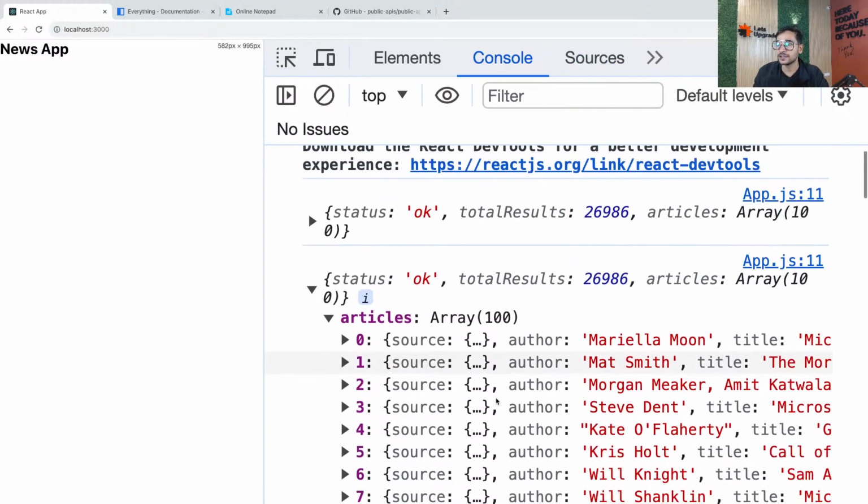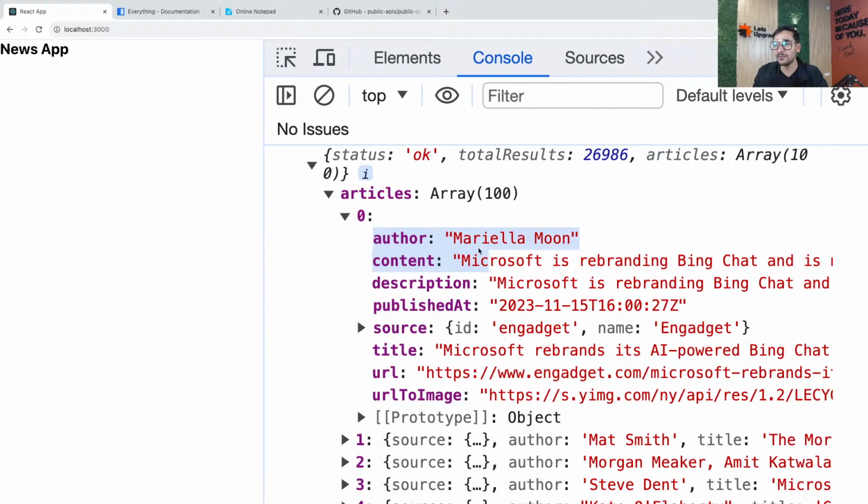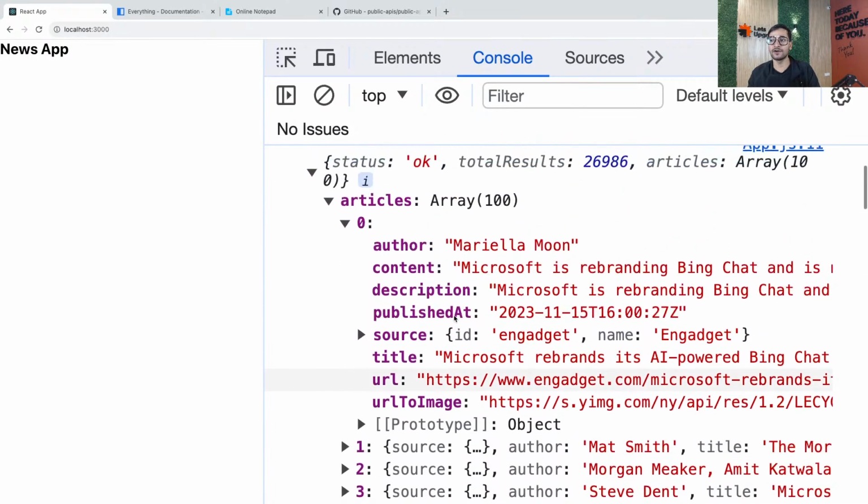And if you read it now, see, in that you're getting the source, so that you can trust that news is correct. Okay. So you're getting the author name, Marilla Moon, and the content that you wanted. See, you got the whole content, description of that content, when it was published. And you can see here, right? It's from 15th November 2023, mostly. Okay. And then source, Engadget, title, Microsoft rebrands, and see, you'll also get an image which you can use to show as the news image. Is that clear, guys, everyone? So see, you're getting so many good data related to Microsoft. Is that clear, everyone? Hopefully you got it.